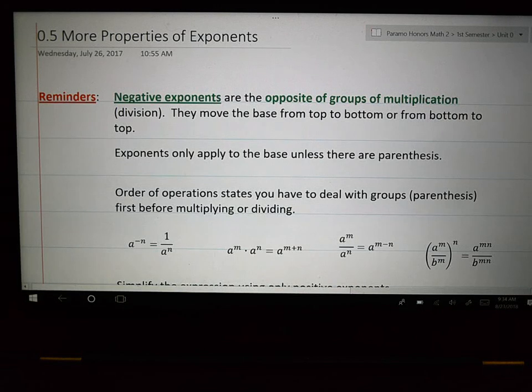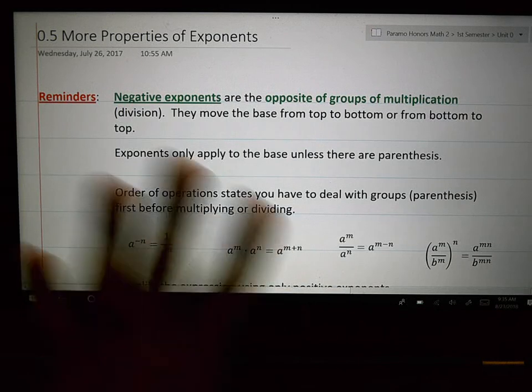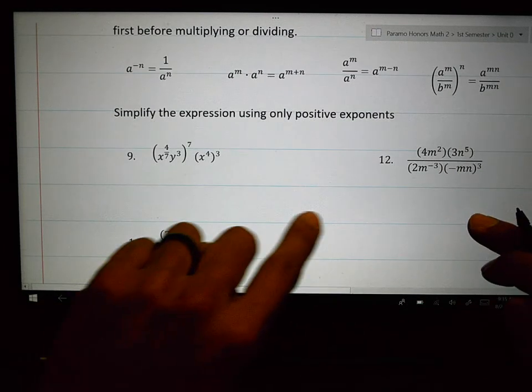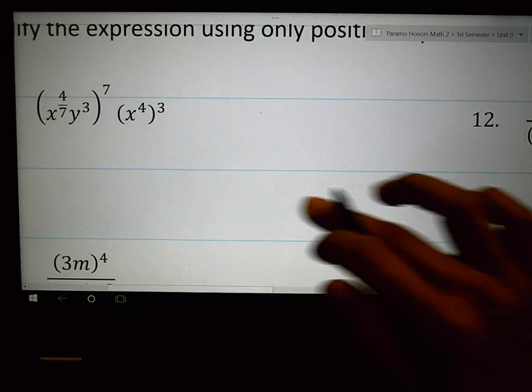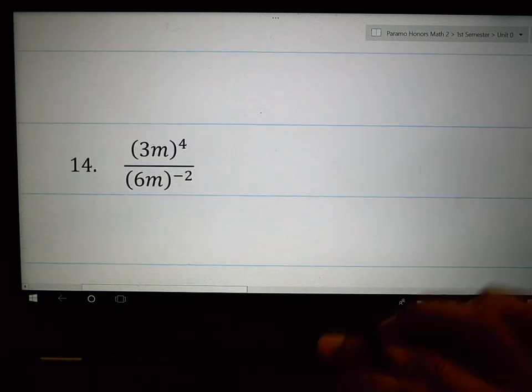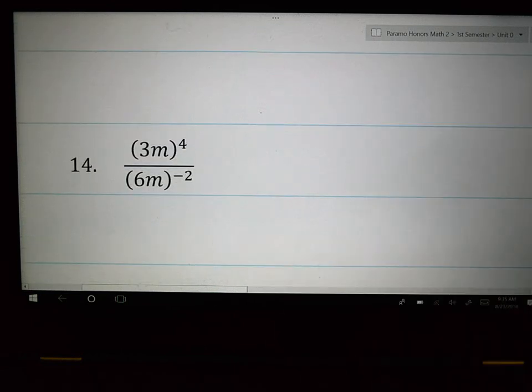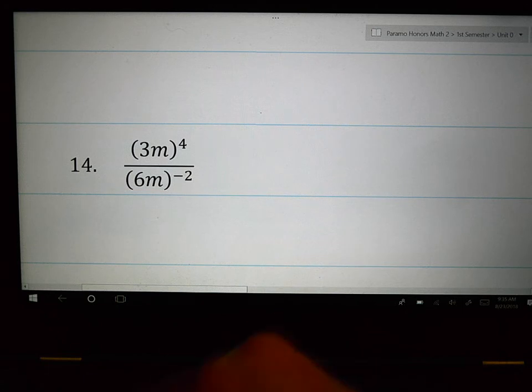The rest of the time, 0.5 is on properties of exponents, and when I say that, this section is by far the easiest section to make small mistakes on. If you thought that the other sections were hard or difficult because you were learning something new to do with these square roots and third roots and fourth roots, this section, because of all the parentheses, because of all the exponents, because of the fractions, because of the negative numbers, a lot of students make a bunch of tiny little